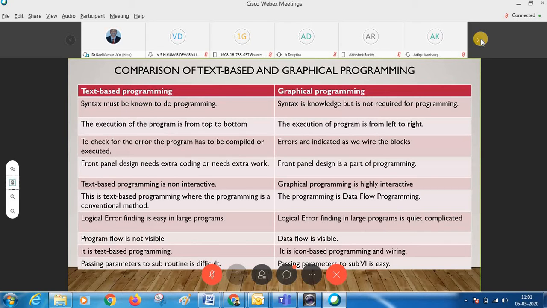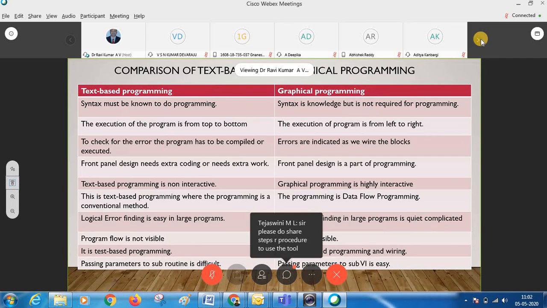To check for errors, a text-based program has to be compiled or executed, but in graphical programming you need not do that. Automatically, we can know where the broken wires are, and there may be an error.